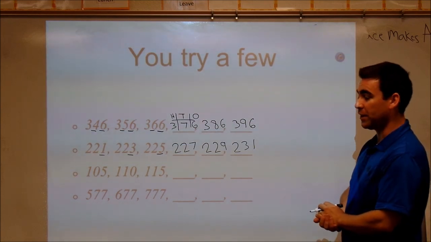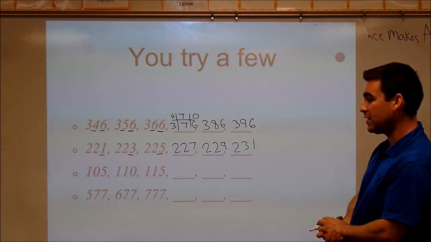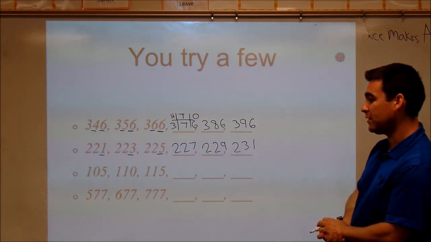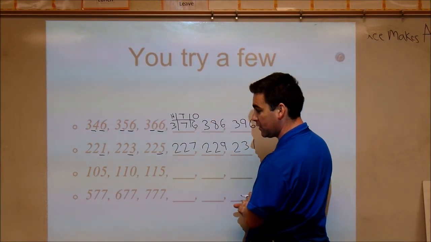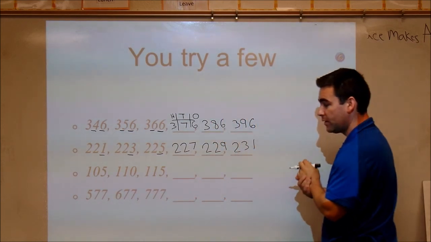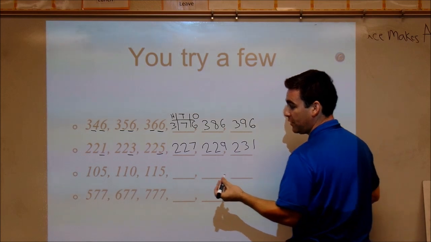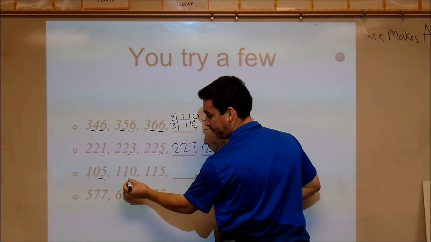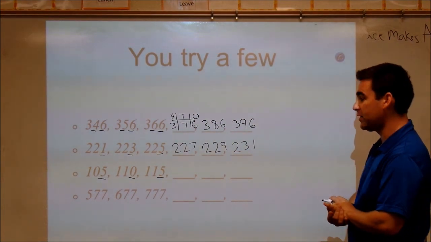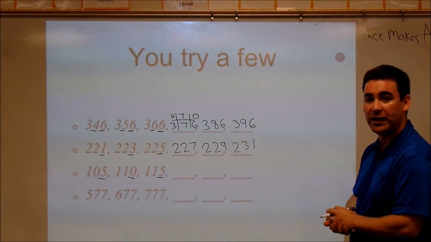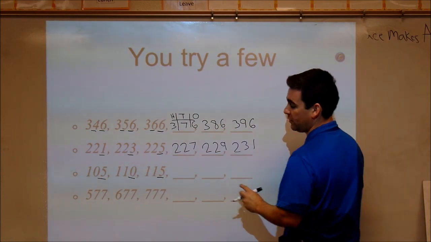Moving on to our next example, 105, 110, 115. Okay, once again we look at that hundreds place, it's not changing. We are not counting by hundreds. Our tens place, it's not changing every single time. It does change from 0 to 1, so we are increasing in the tens place, but only on certain ones. Now here's where that strategy of the AB pattern will come into play. As you can see, it starts with a 5, 0, and then it repeats back to a 5. When we are skip counting by fives and our number is increasing, that ones place will always continue that AB pattern. Just 5 more,